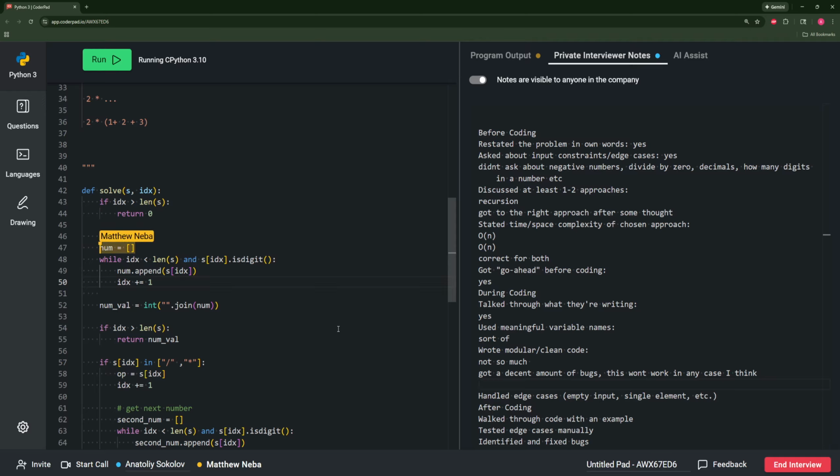Now I get the number. I have to survey. While my index is less than the length of S, and S of my index is a digit, then I just keep appending, increasing, and I get the value. I see if I have anything left. If I have nothing left, then I know the value of this expression is just this number, so I'll return the number. If I have a division or multiplication,